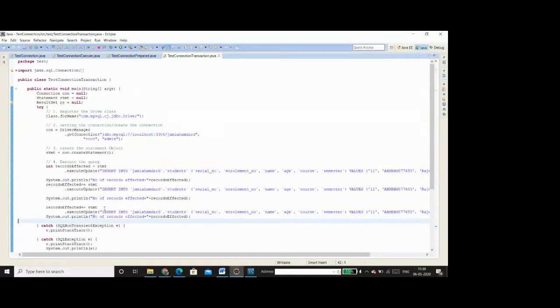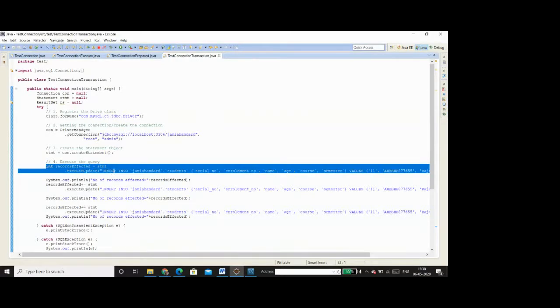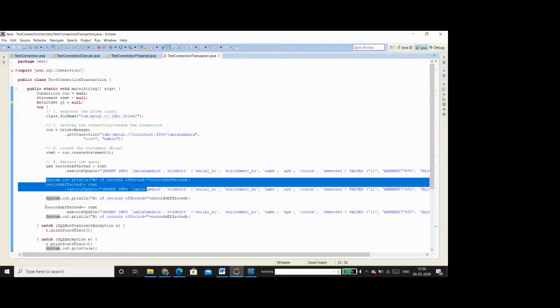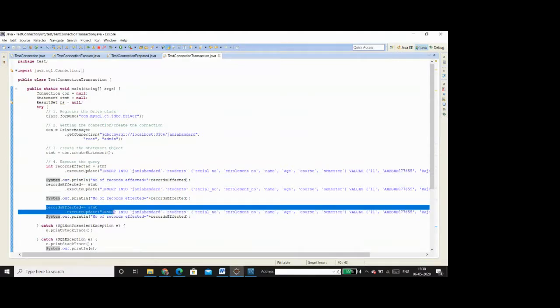Okay, so that means if for example the first statement, that is about inserting this particular line which is highlighted, succeeded, and if second also succeeded, and let me assume that the third statement, this execute update, fails. So in that case, the effect of the first two insert statements should also be rolled back. That means that it should behave as if these statements were never executed.